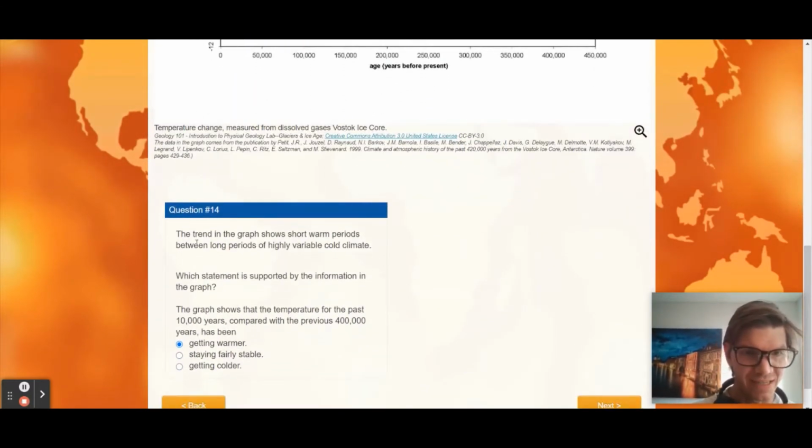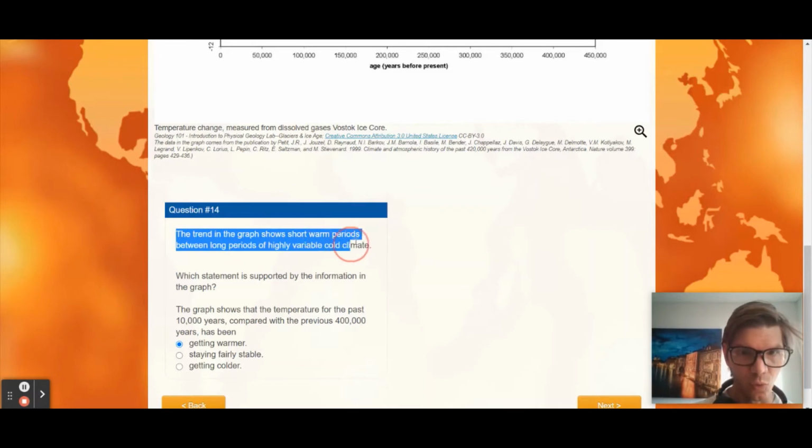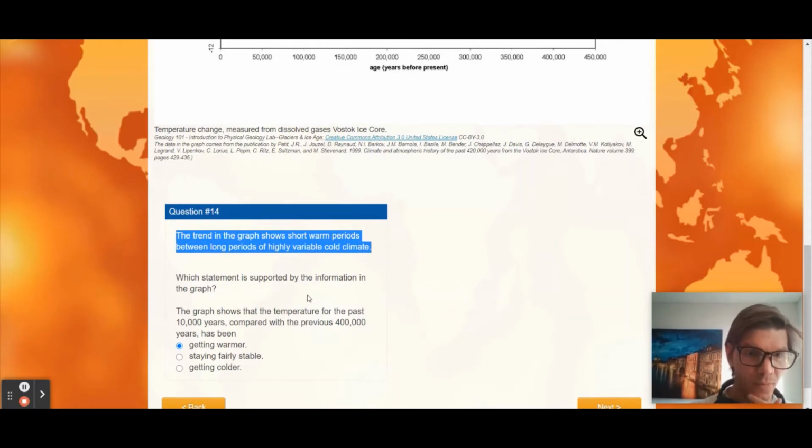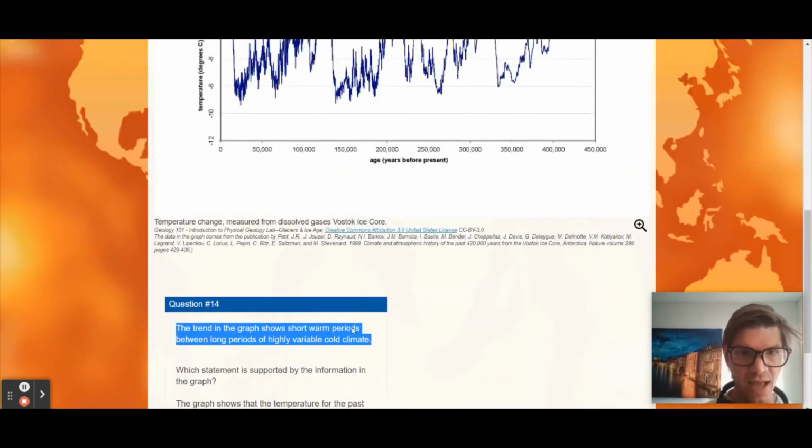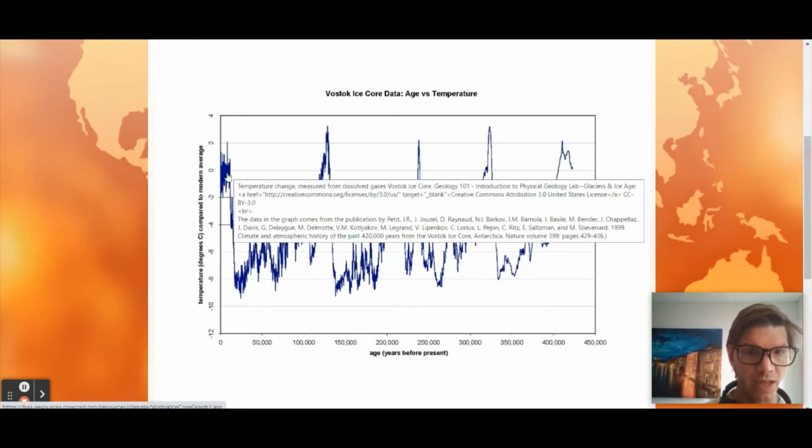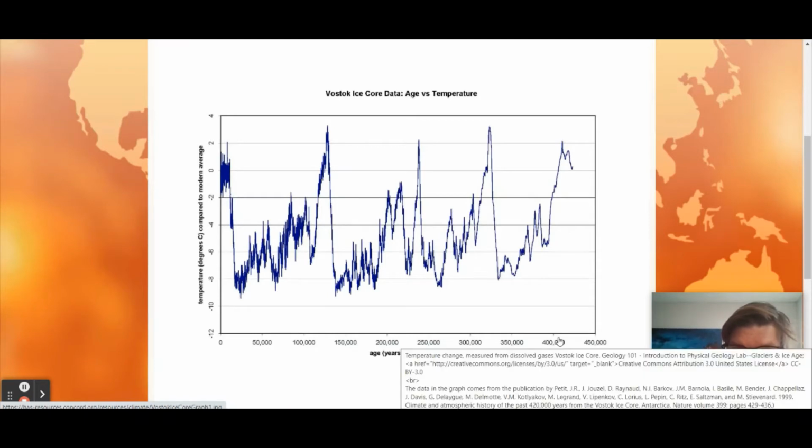So question 14 says, the trend in the graph shows short warm periods between long periods of highly variable cold climate. Which statement is supported by the information? The graph shows that the temperature for the past 10,000 years compared to the previous 400,000 years has been what? So if we were to look at this data over here for the past 10,000, right? So if you figure this would be about 25,000 years in the past, about 10,000 years in the past, we're just looking at this little sliver of data over here,